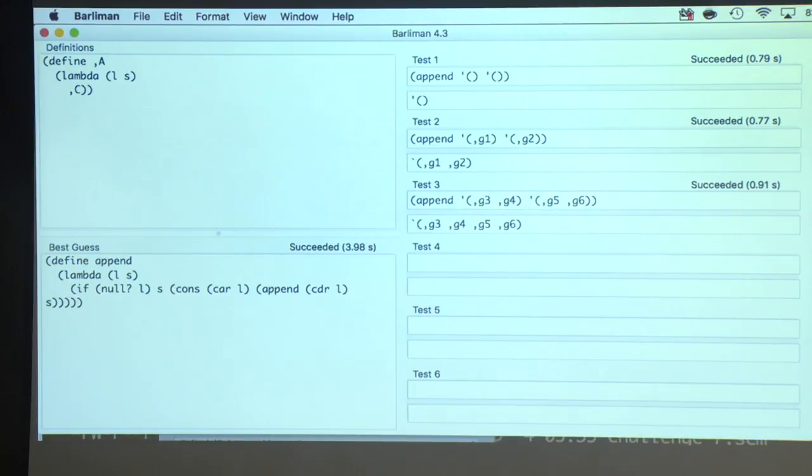And one more thing I'll show you real quick, and then go on to questions. I can add, say, two more examples here.